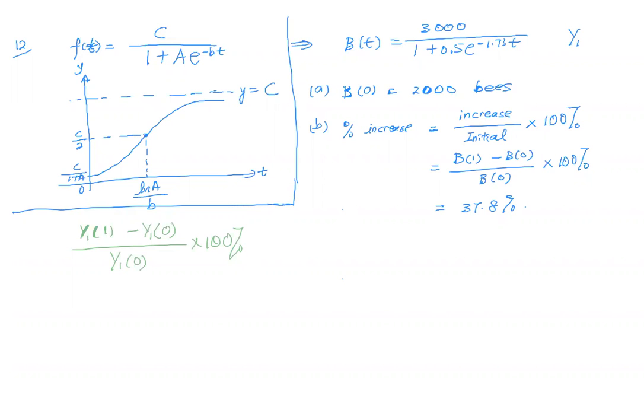Okay, so that is how you count percentage increase or percentage decrease. If it is percentage decrease, you take the bigger one, the initial minus the final, but still divide by the initial. Now, is there a limit to the population size? So how are you going to answer this question? Is there a limit? So the answer is